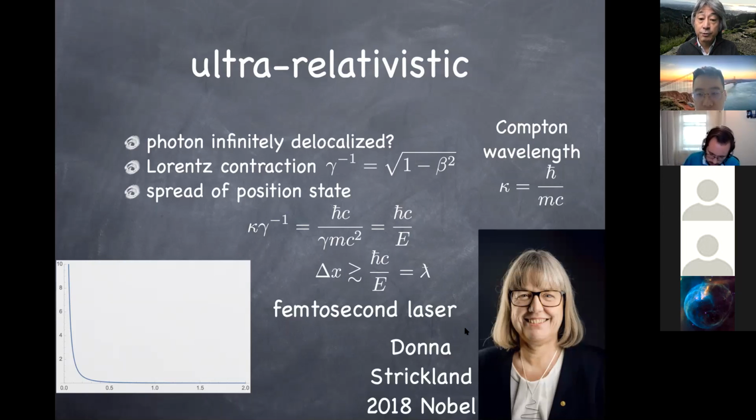So this is a new technology that you can use in many different areas. And to achieve this, she had to rely on what is called nonlinear optics, which is rather complicated material, and I won't go into it. But nonetheless, it is achieved, and that's because you can actually localize a relativistic particle in a much smaller size compared to a non-relativistic particle, where the size of the wave packet is really limited by the Compton wavelength.